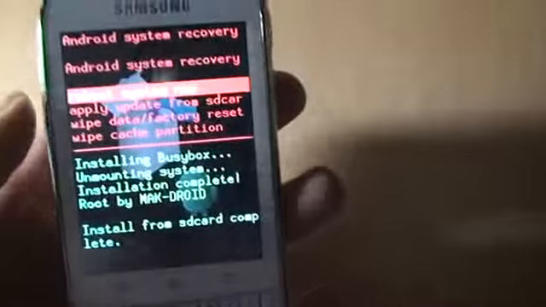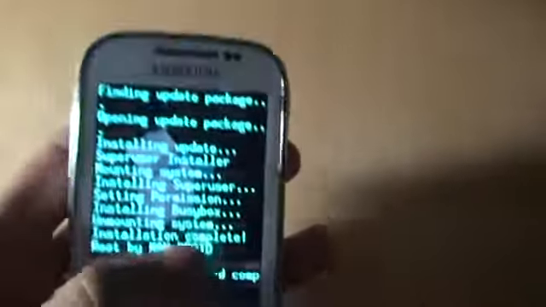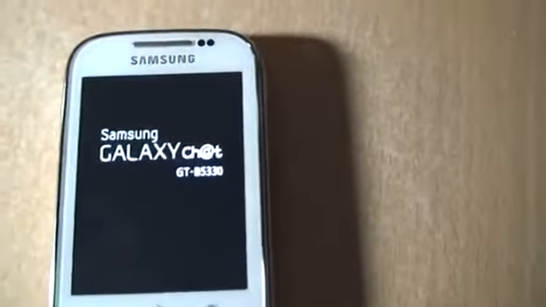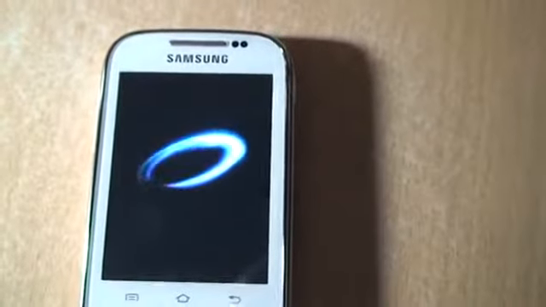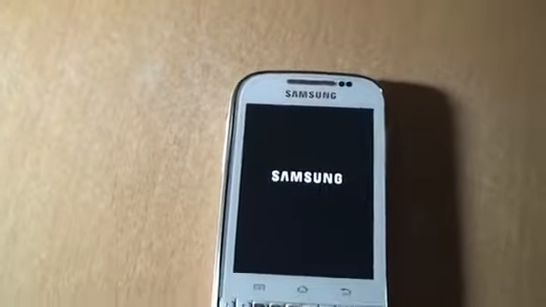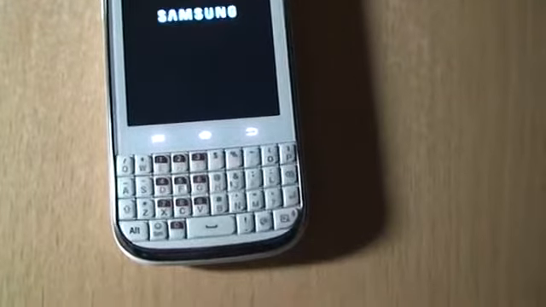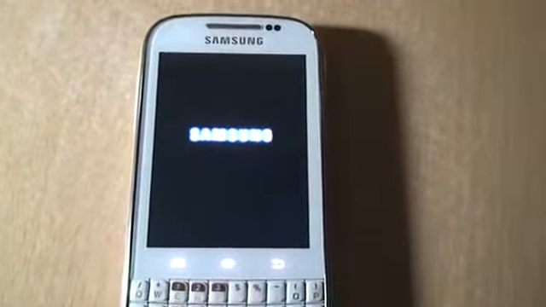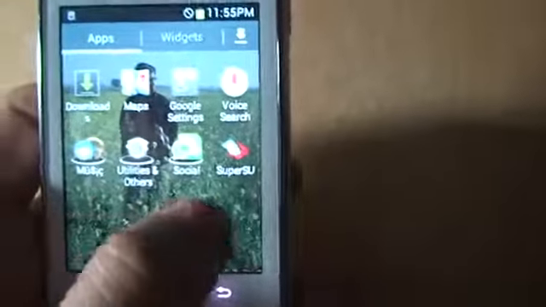Just tap and just reboot your phone. The phone has been rooted.